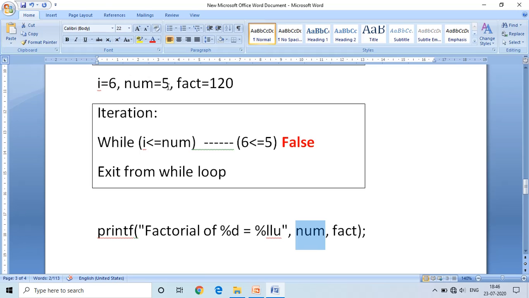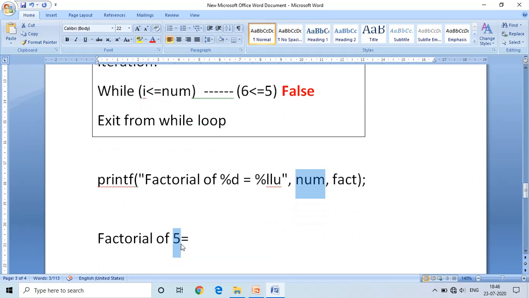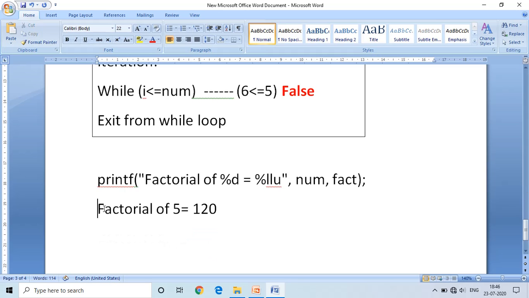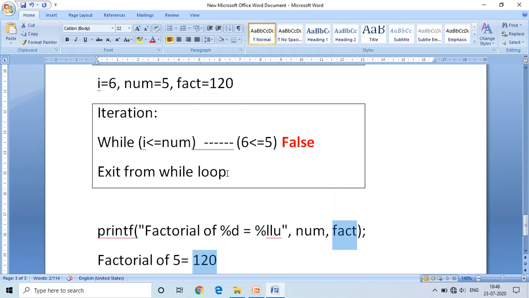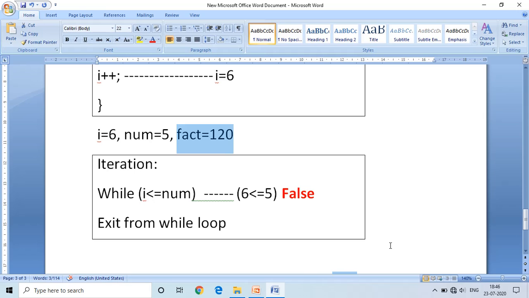After completing the while loop, num value is 5. This 5 is printed here, and factorial is equal to 120. Factorial here is 120 after completing the fifth iteration.